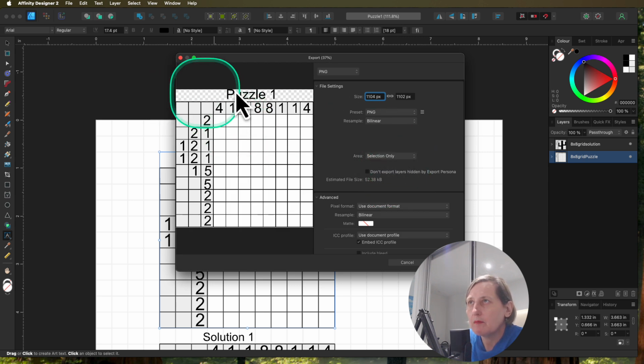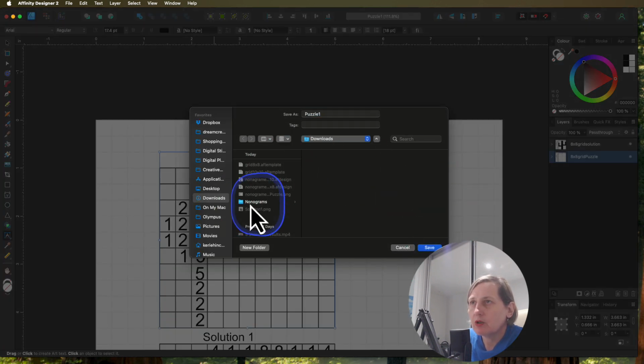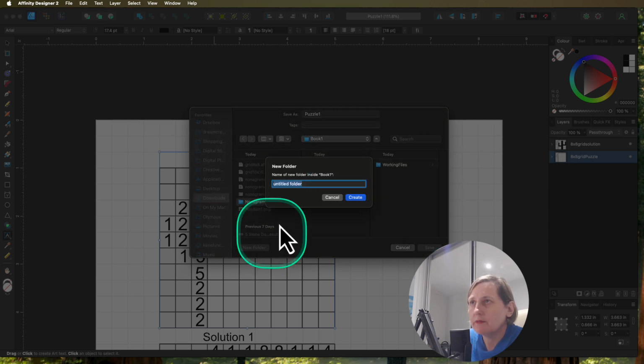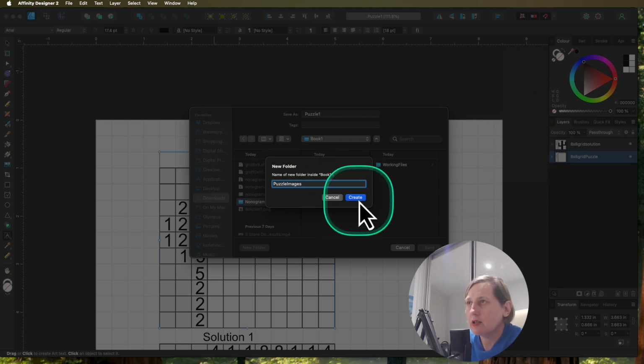So that gives me my puzzle 1. I'm going to export that, and again I'm going to go into Nonograms, into book 1, and then new folder, and this one's going to be puzzle images. I'm going to click create,